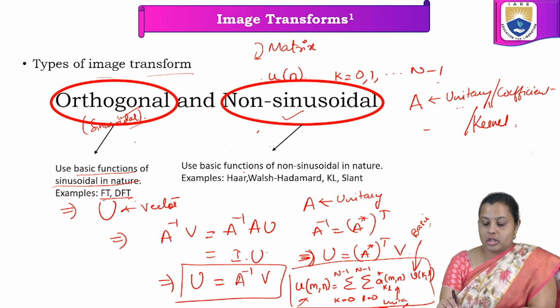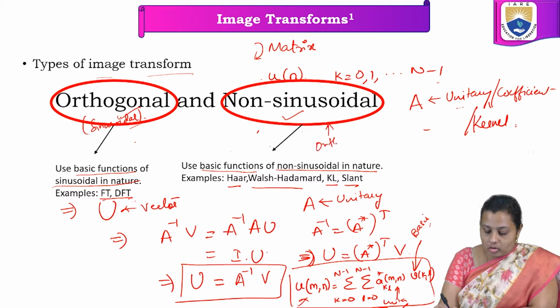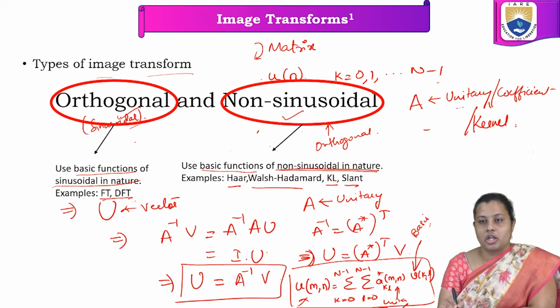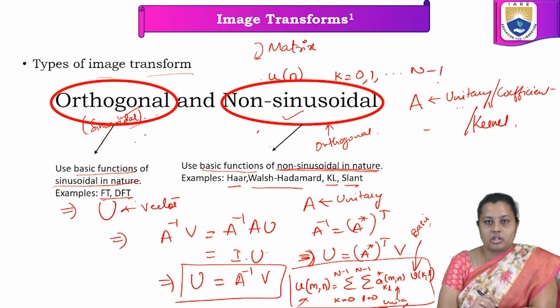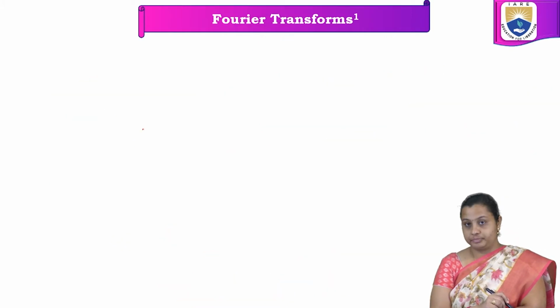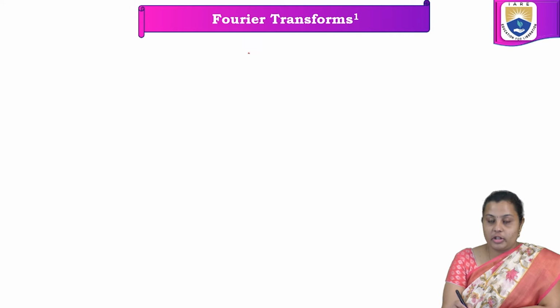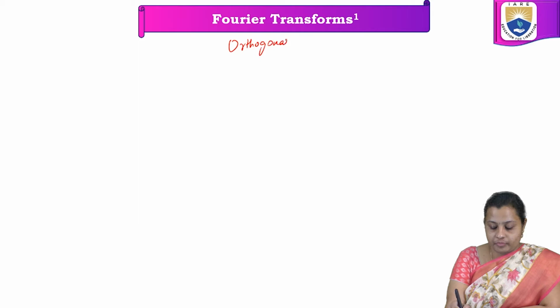When we go for non-sinusoidal signals, the basis functions are non-sinusoidal in nature, and examples are Haar, Walsh, Hadamard, KL, and slant. The non-sinusoidal signals are also orthogonal to each other, but the basis functions are non-sinusoidal in nature. Whereas for the sinusoidal ones, the basis functions are sinusoidal in nature as well as orthogonal. So when we talk about orthogonal transforms,